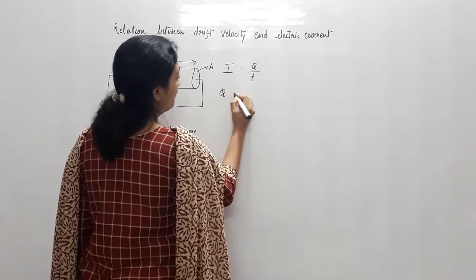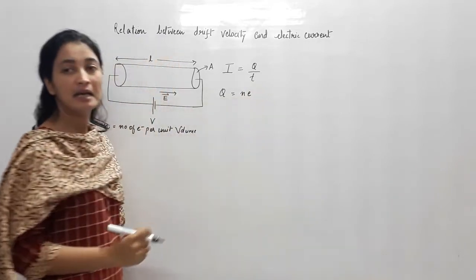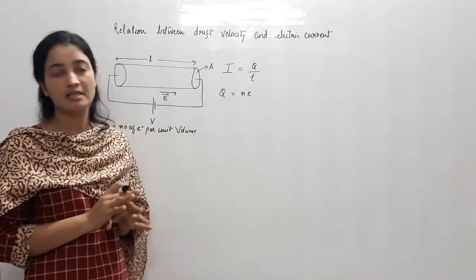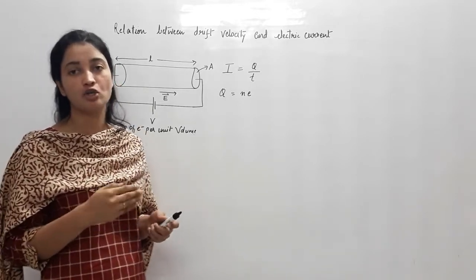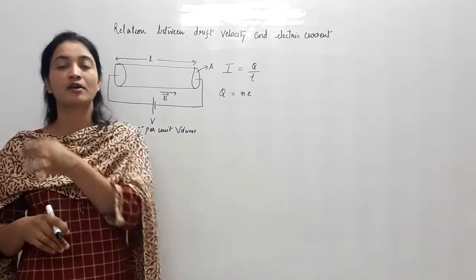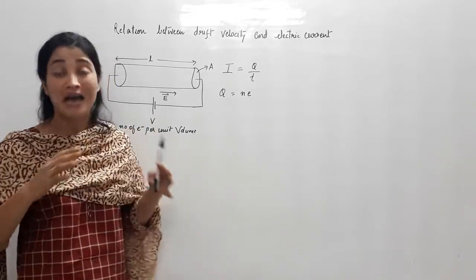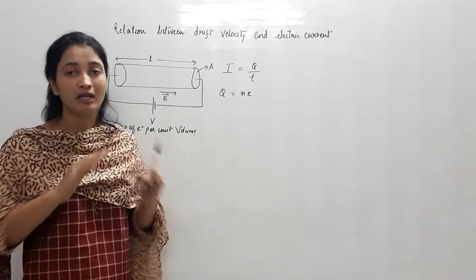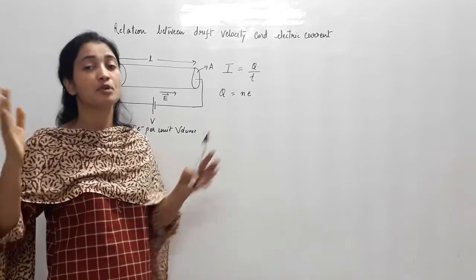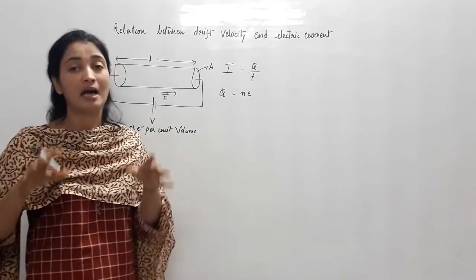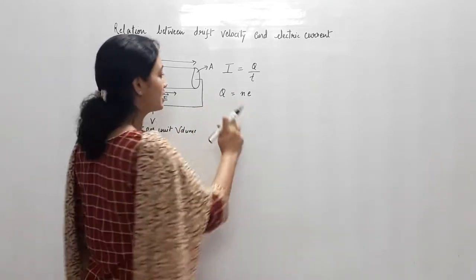And Q, by the quantization principle, is N into e. What is N? It is an integer. By the quantization principle, the charge possessed by any body will be an integral multiple of the charge on an electron. It can be 1, 200, 500, but it cannot be 1.5 electrons or 2.5 electrons; fractional values are not allowed, as the electron cannot be further subdivided. Quarks are an exception, but quarks do not have independent existence. So the charge is an integral multiple, Ne.